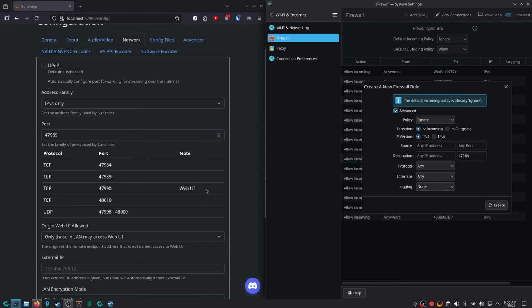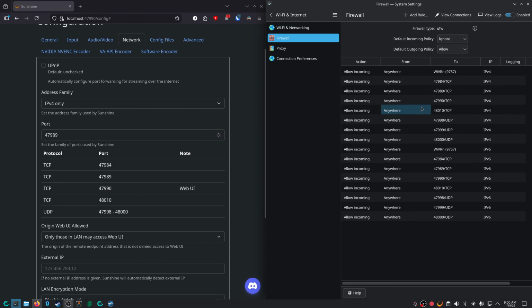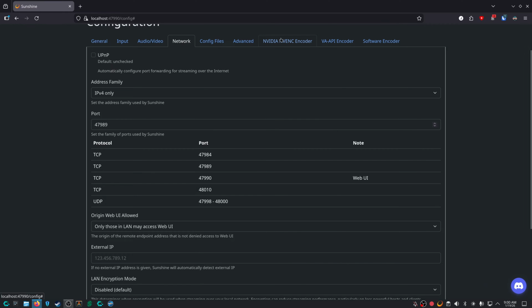That's what we have matching here. And click create. I'm not going to do that because it's already set up. And then when we get down to UDP, we'll need to do that for each number that is listed within this range. So 47998, 47999, 48,000. That's really all we need to do to get Sunshine configured and